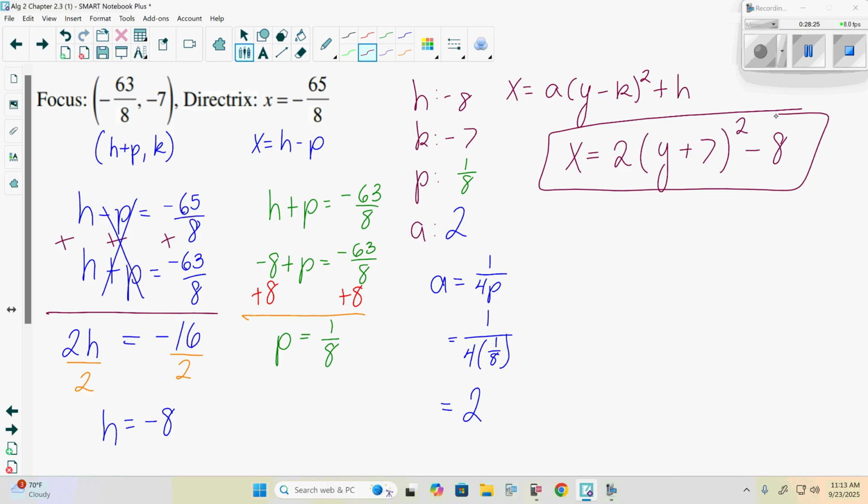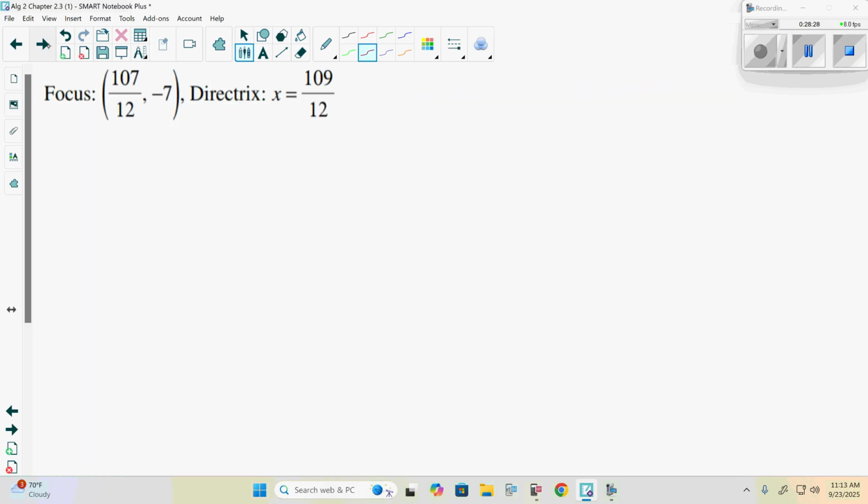Let's look at another one of these here. Now they give us the focus and the directrix. Directrix x equals, so the general form for this here would be x equals h minus p,